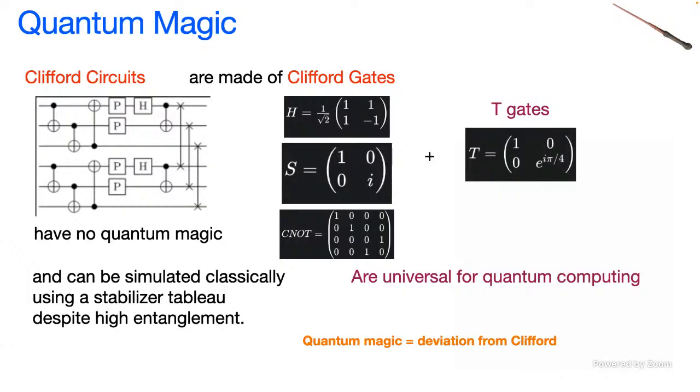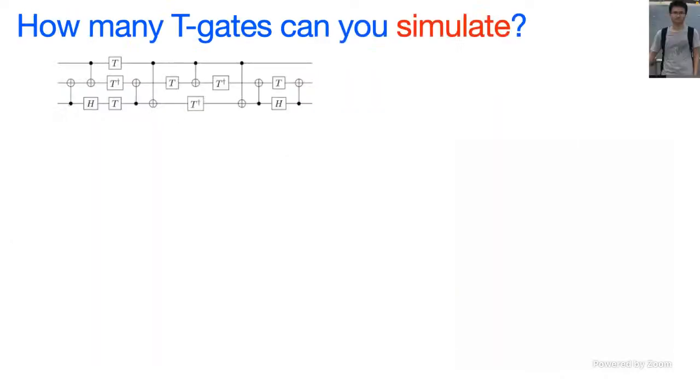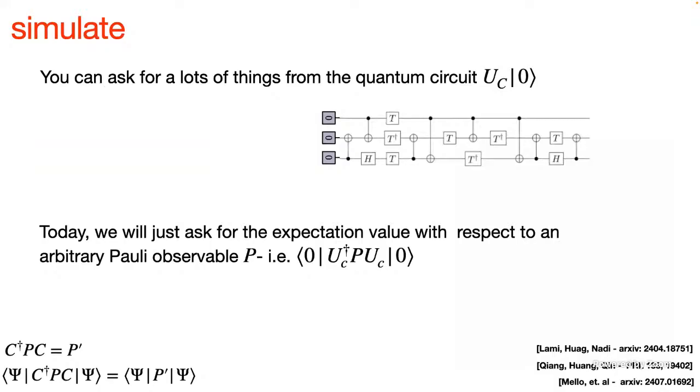Okay, so then it is an interesting question. If I start with these gates and I start putting in some T gates, how many T gates can I get in there before I run out of steam and can no longer simulate my quantum circuit on my classical computer? And the word simulate can do a lot of work, so let me tell you what I mean in this context. We're going to ask something weak from our quantum circuit. We would just like to be able to compute some expectation value of the quantum circuit with respect to some observable. That's our only thing.